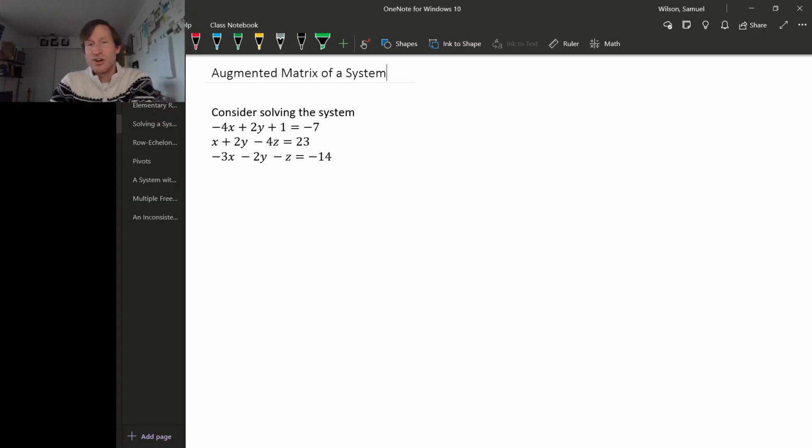Let's imagine solving a linear system like this one using row operations. To do row operations, maybe the nicest way to start would be interchanging the first two rows, or interchanging the first two equations. So switch row 1 and row 2. This is such a trivial operation, but still we're going to have to copy down the entire